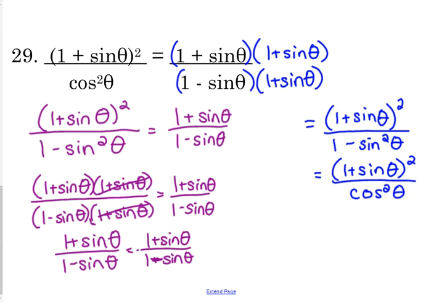Will they ever give you like a proof that they're not on? No. It will always be provable. It will always be true. It will not be a trick. Okay? All right, so